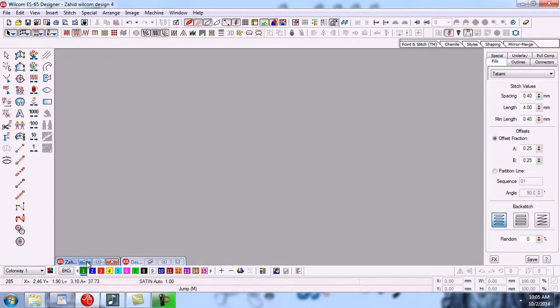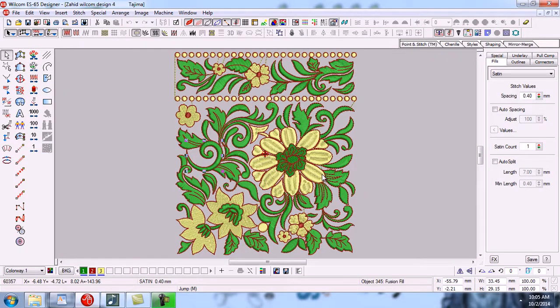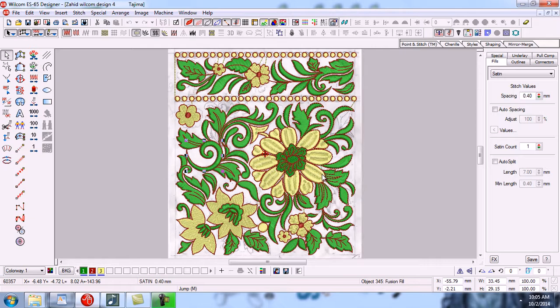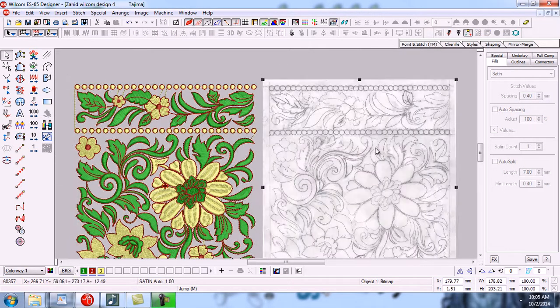Now in this design I will show you many other objects. Press the D button and show the image, drag the image here.